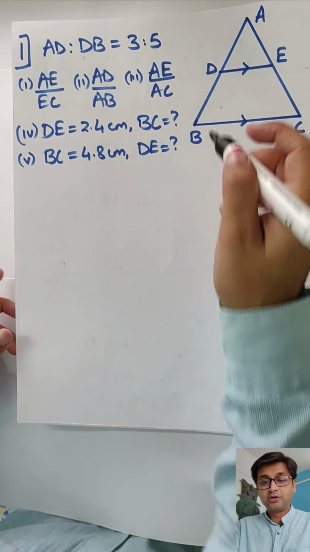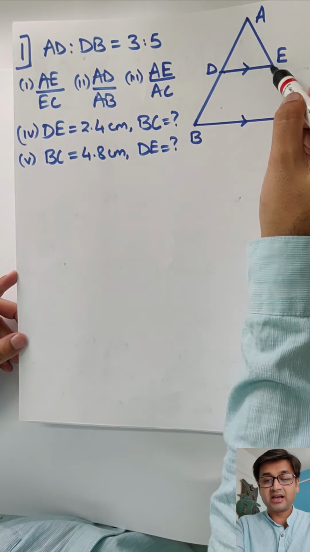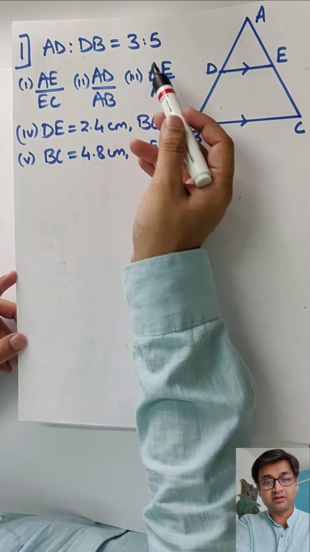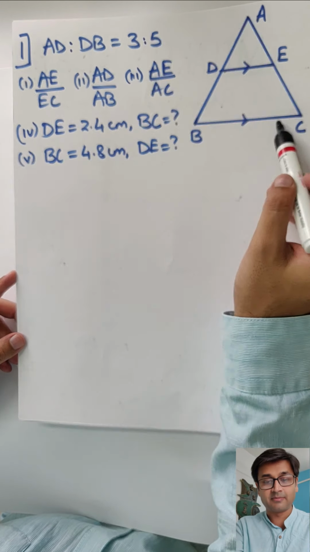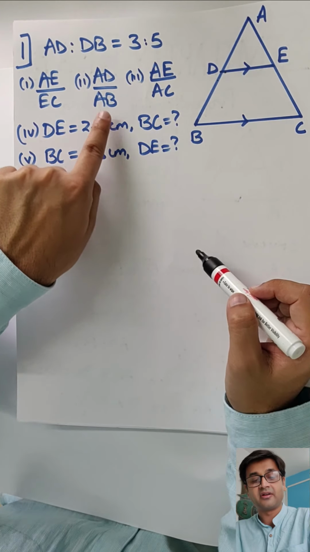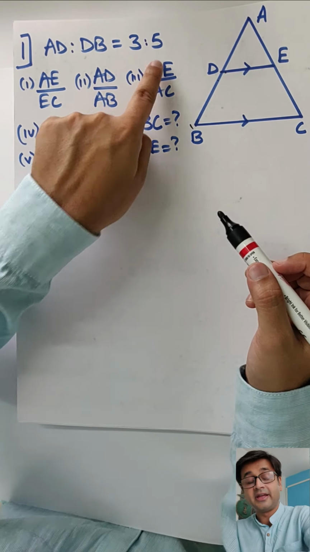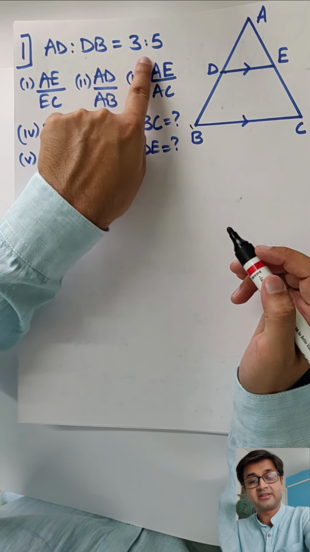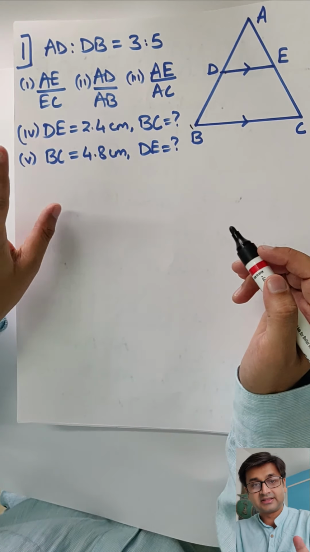So let's begin. You've been given that AD:DB is 3:5. The first thing they ask is AE:EC, given the lines are parallel. How much will that be? 3/5. Why? BPT, basic proportionality theorem, lines are parallel. So AD upon DB equals AE upon EC, which is 3/5. How about AD upon AB, mentally? 3/8. Super. But you're going to use the X method. First 3x, then 5x, and then add the two as 8x to get AB. Substitute over here and cancel x.